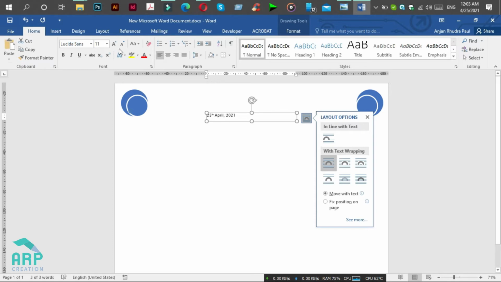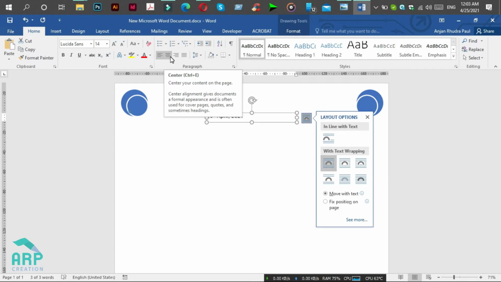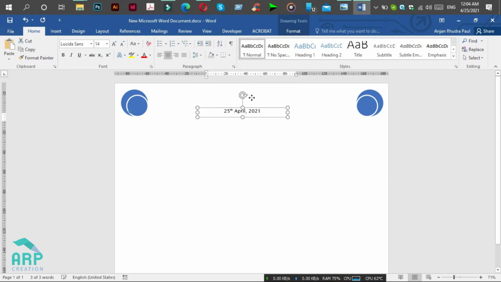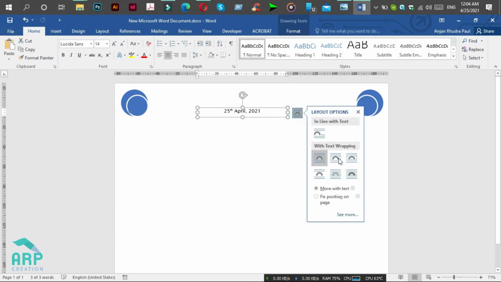The font size will be 14 point and the line orientation will be center, and change the layout option to in front of text.